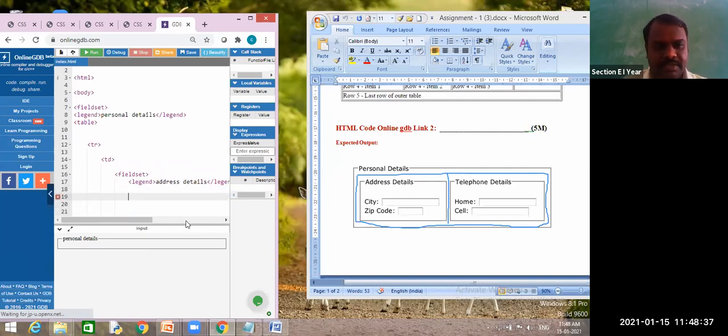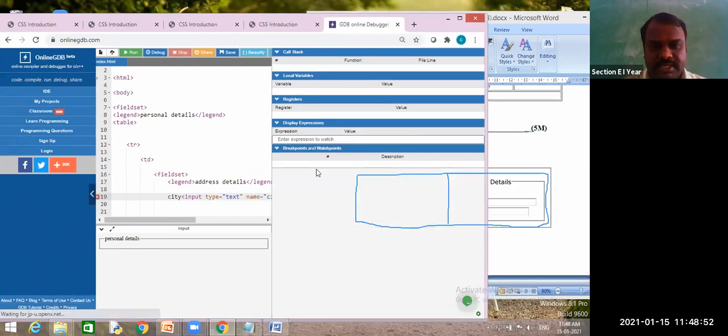So here this is city, input type equal to text, and name equal to city. I will increase this size.